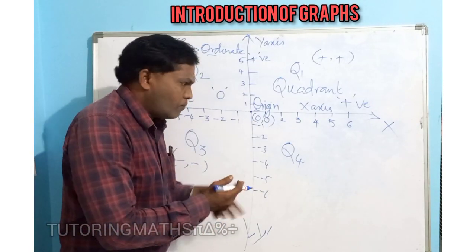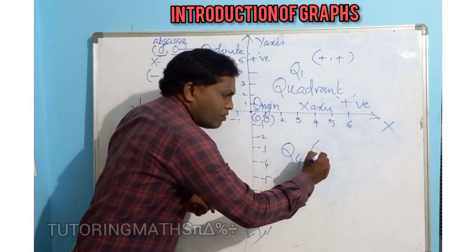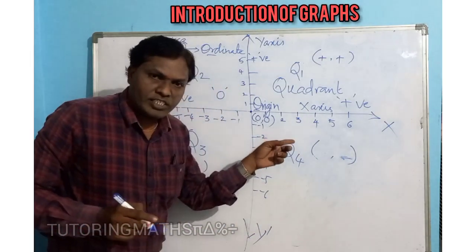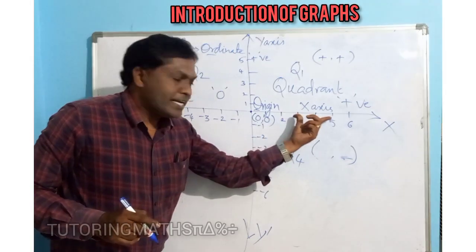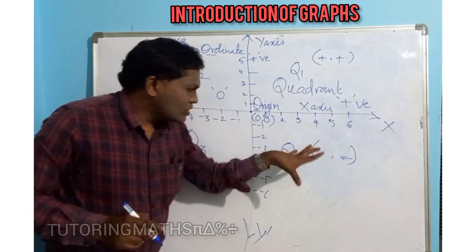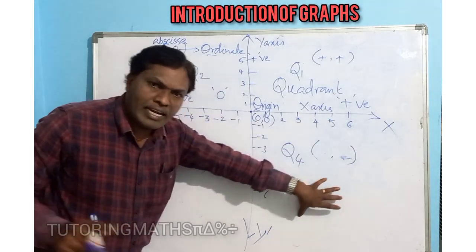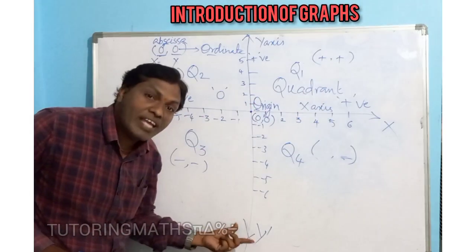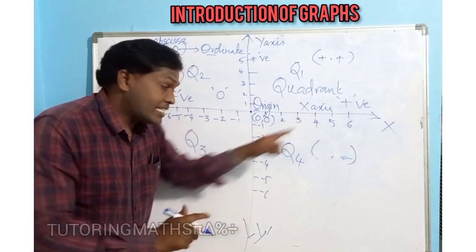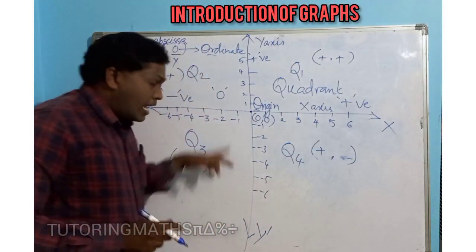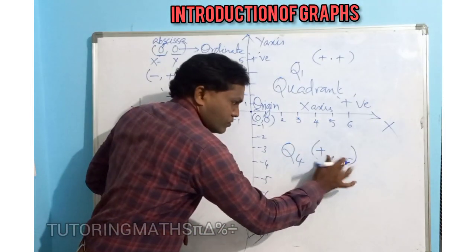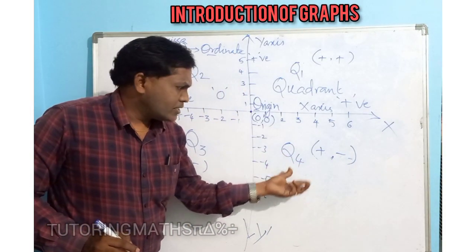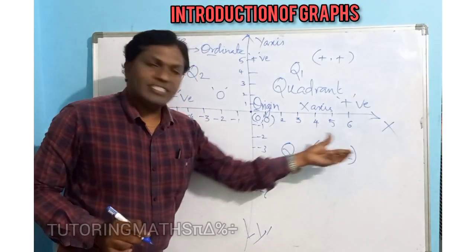I think you have understood now. What is the fourth quadrant? Which point are we going to take first? You know that, we have just discussed. The first point is the x coordinate. So what are the values? This fourth quadrant is completely occupied by the positive x-axis and the negative y-axis. The x coordinate is positive and the y coordinate is negative. So therefore, in the fourth quadrant, all the points are positive, negative, plus, minus.